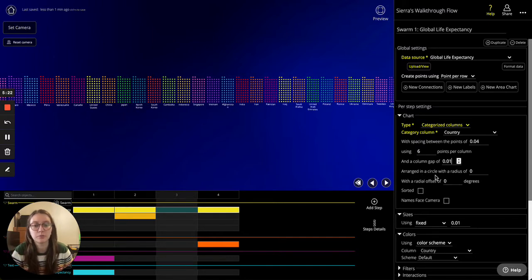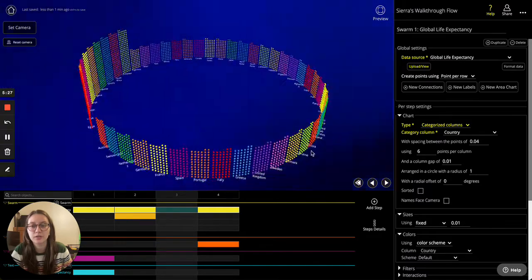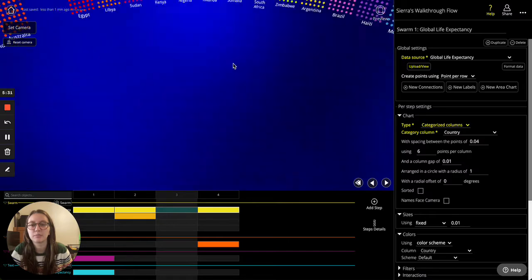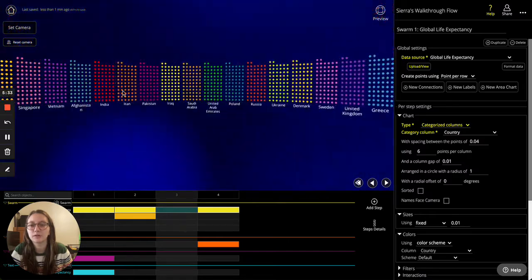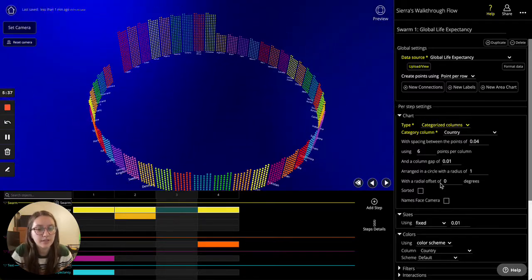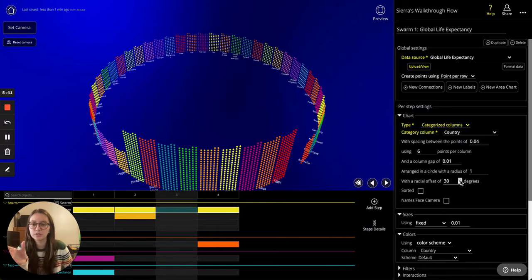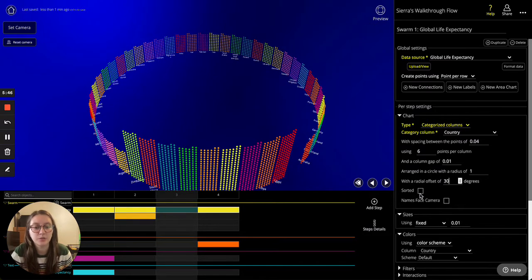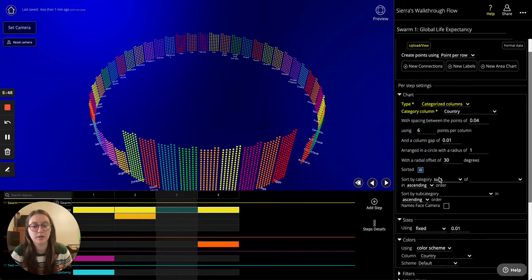If you want to throw them into a circle, you can totally do that as well, and you get this cool effect where you can center the camera in the middle, and then wherever you look is data all around you. So there's that, and then you can choose if you want it to be rotated and displaced in a certain way, and you can sort them, and there's a lot in here about sorting. So